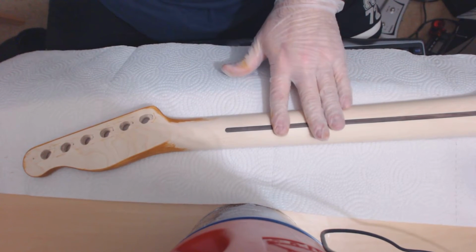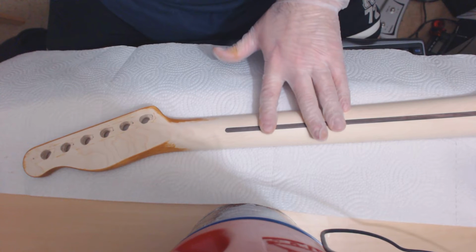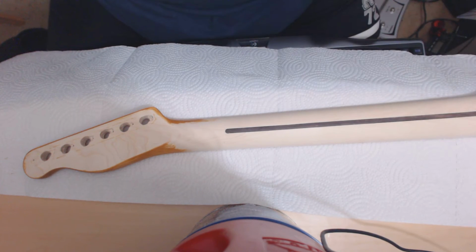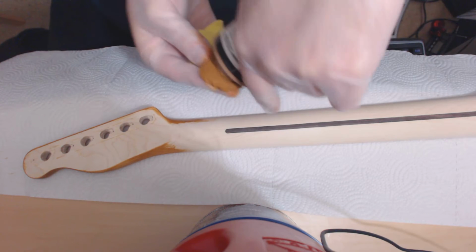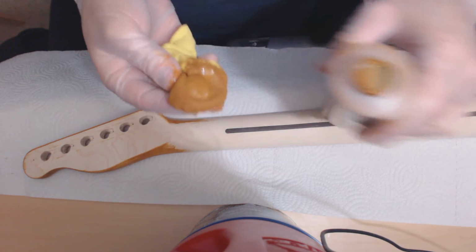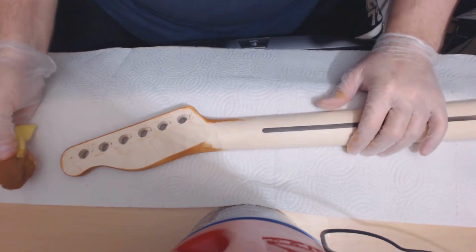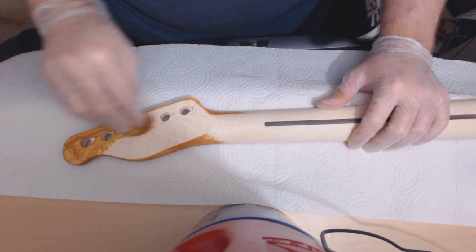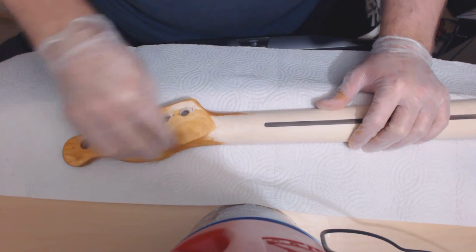What I did this time around was I actually gave it a really good sanding with some 800 grit I bought yesterday. So not so much of the pores are going to show up in the green as where it would if you left it a little bit more porous. So again, hopefully I've sanded this back enough to